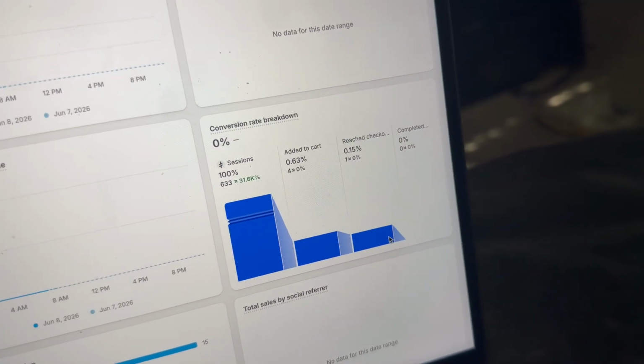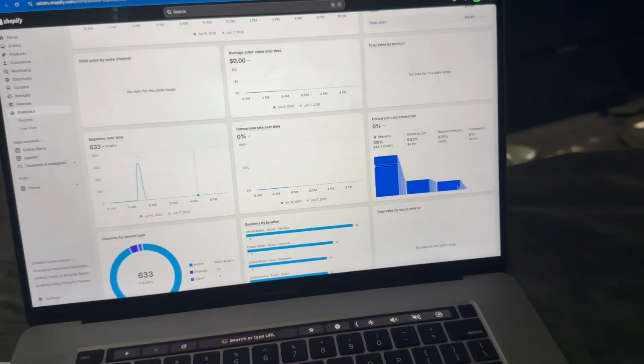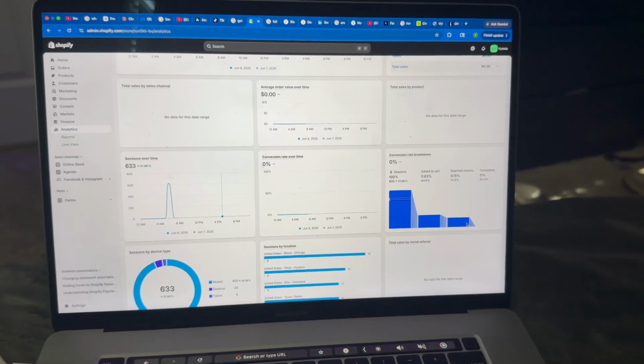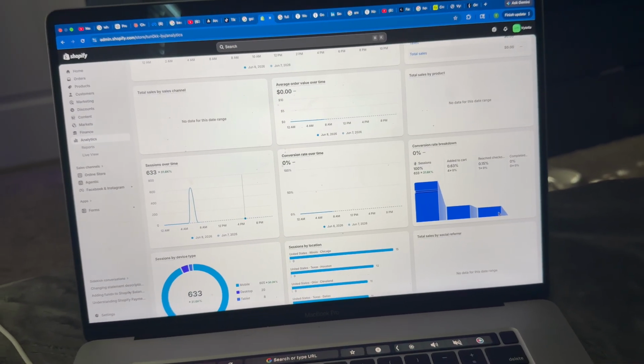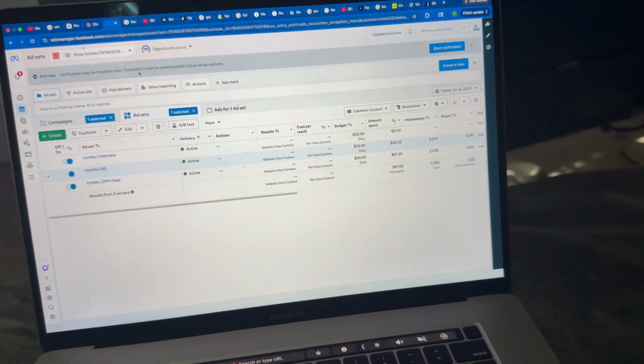part alone. But evaluating it off one reach checkout, you have to get more data on that to actually say something's wrong with the checkout. So let's get a little more data on that point, and then we'll get an evaluation on that, because it could just be one person forgetting, or just not wanting it. You can't really evaluate off one person. So if we see like 10 checkouts but no purchases, then that's when we start to be like, okay, what's going on? So I'll give you a little update in the middle of, I was going to do a little middle of the week, but it might be tomorrow,